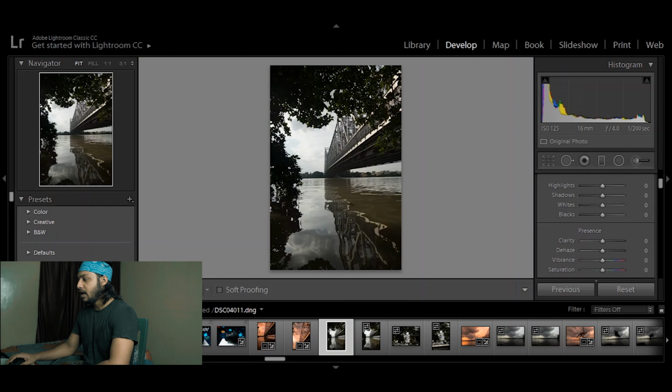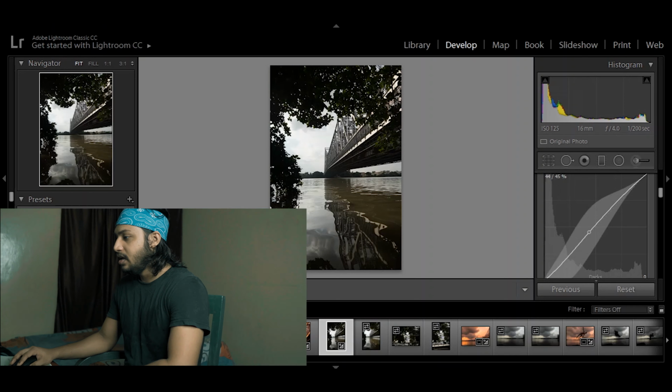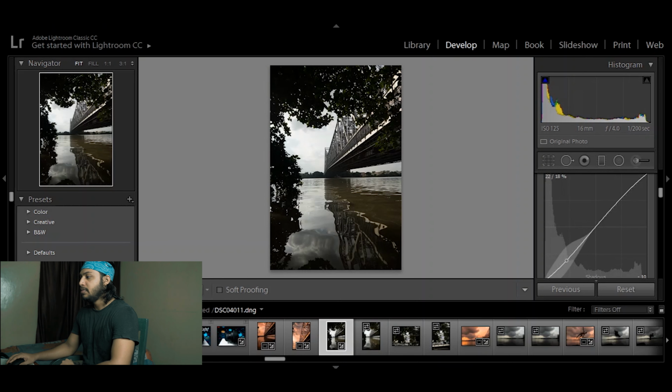The very first thing which I use to edit is the curves. I'm gonna increase or decrease the highlight. This image is already so much exposed, so I'm gonna just increase the highlight a bit, and decrease the shadow a bit. Reason being, I'm gonna achieve a contrasty look, and anyway these leaves won't be exposed properly. It is not at all a problem. Our main focus is on that bridge, so it's fine. I'm gonna lower the midtone a bit.